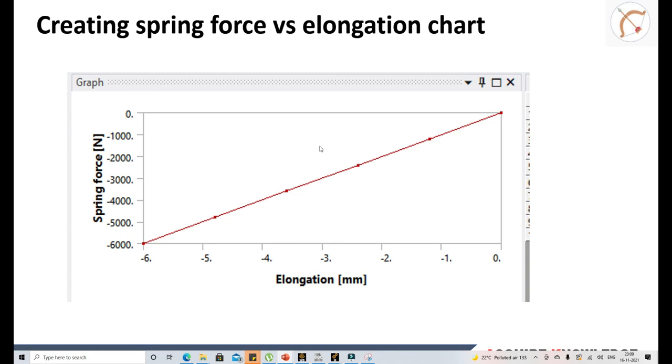But just to give an idea, for those types of applications it comes very handy to visualize how your force versus elongation is evolving with time for that specific element, and whether it is matching with the input data that we are giving in the model. So in case, due to some analysis settings or other variations like higher substeps and other things, it might happen that the actual load part of the spring will not get captured. In those types of cases, by plotting the force versus elongation, we will get an idea whether the simulation is running in the right direction or not.